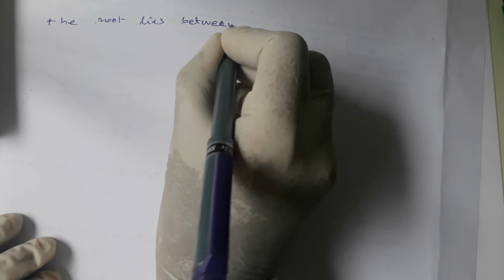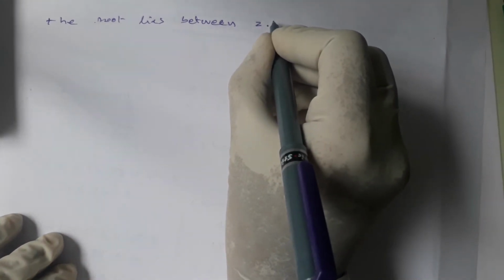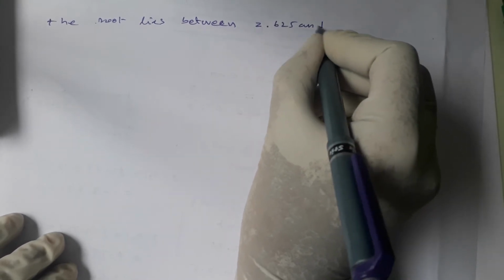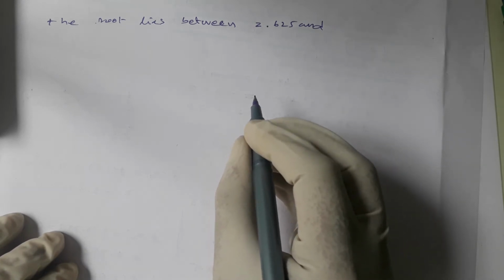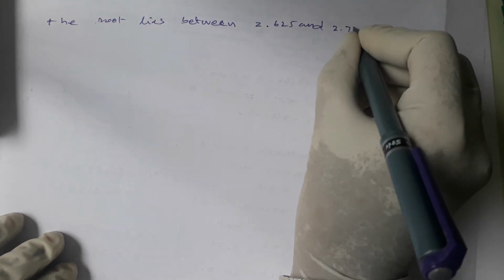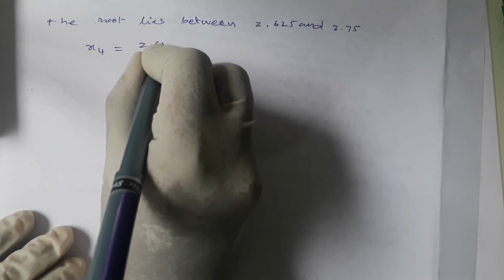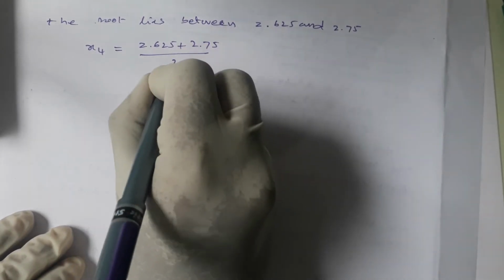The root lies between 2.625 and 2.75. So the next approximation root is x4 is equal to 2.625 plus 2.75 divided by 2 is equal to